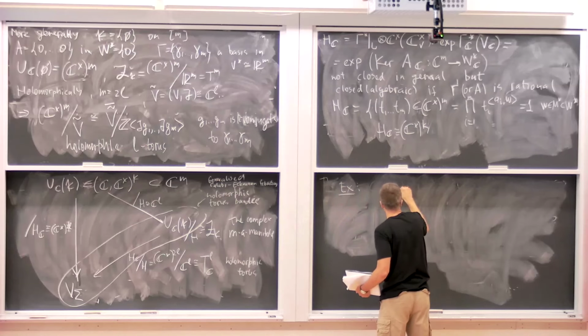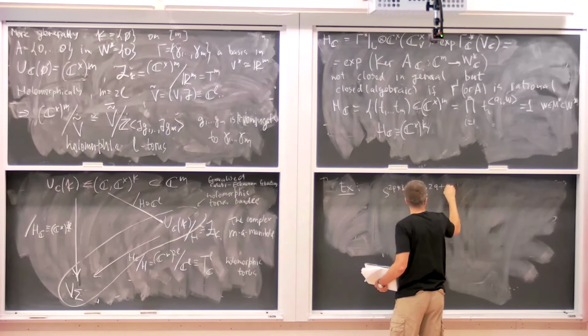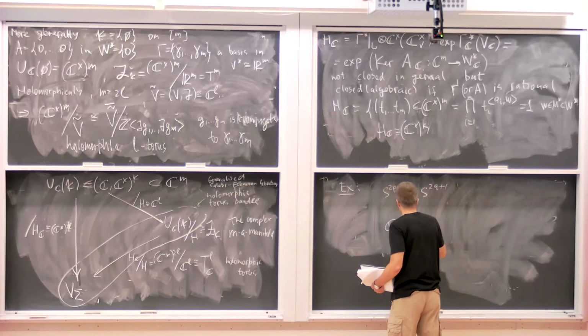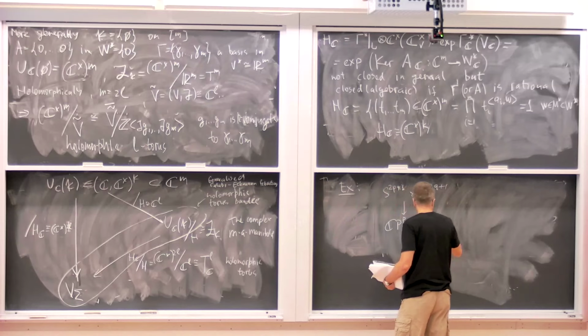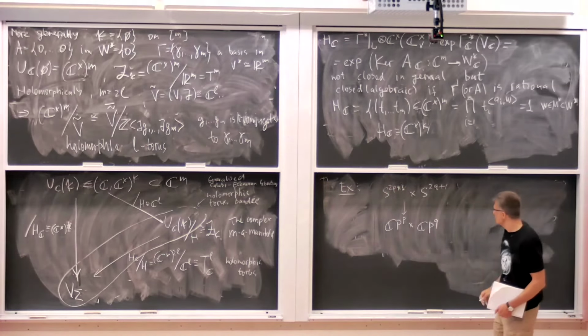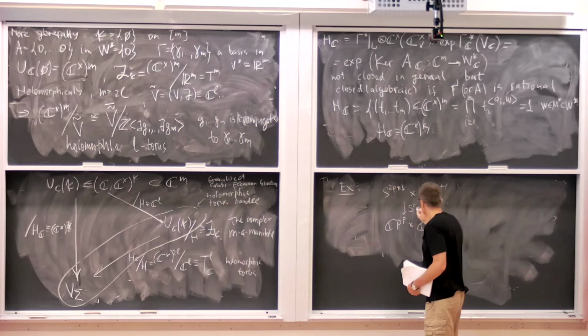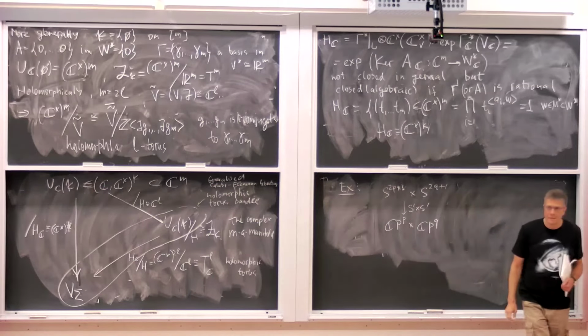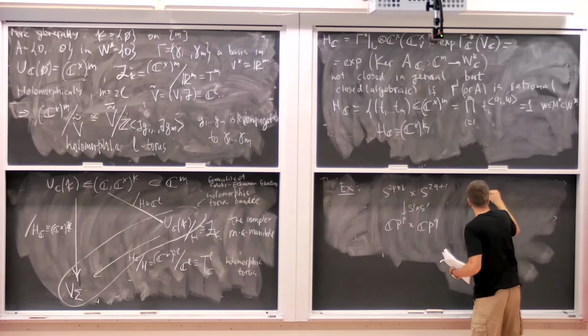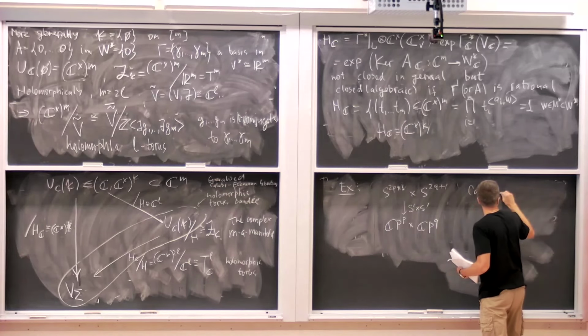So if you start with a product of 2 Hopf bundles over the complex projective space, the fiber is S1 cross S1. So now Calabi and Eckmann in the 50s